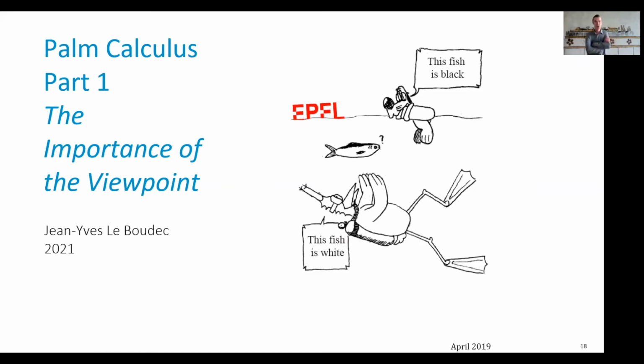So without more transition, we move on to the last chapter of this lecture, which is called, with 2 names. The first one is Pam Calculus. That's the name that mathematicians give to it. For statisticians, perhaps we could call it the importance of the viewpoint. Sometimes in statistics, it's called also the problem with ratio games. So we will come back to that immediately.